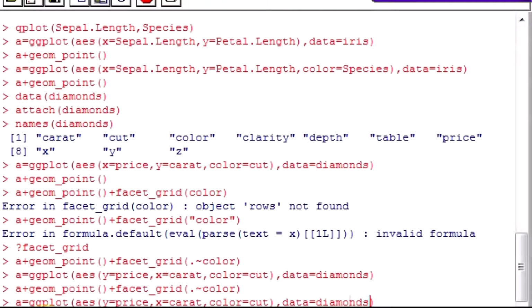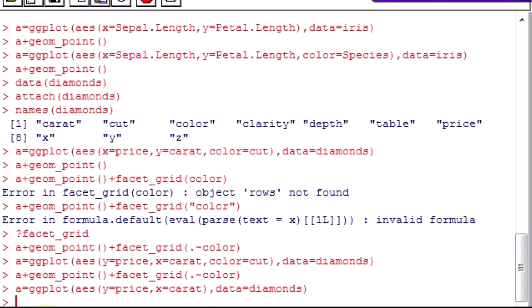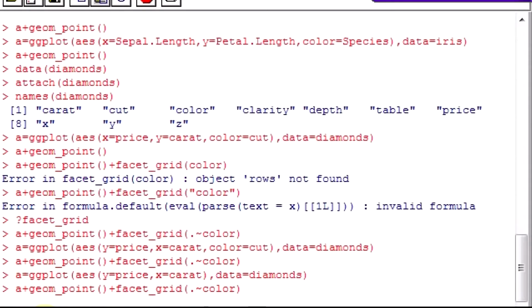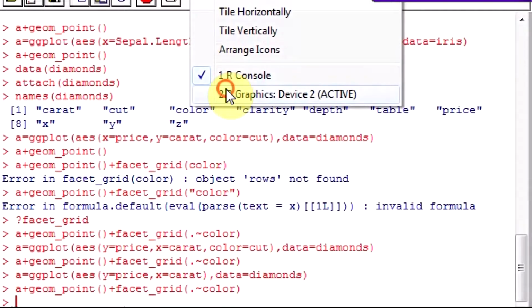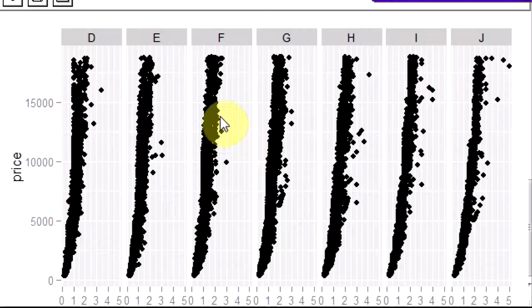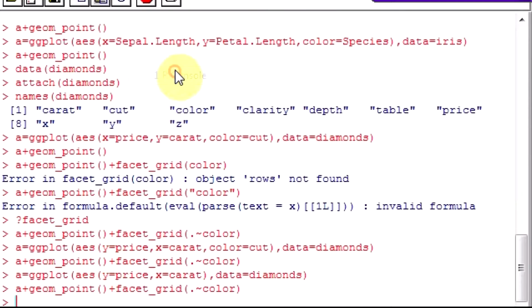If I did this, I don't look at cut at all. I just look at this. So compare this, right? I have faceted it, the price with regard to the carat size. Now compare this with this.